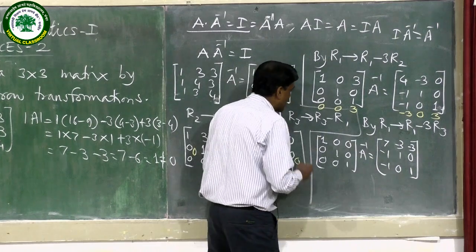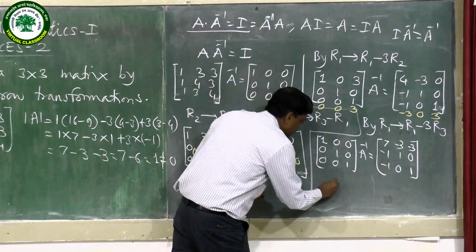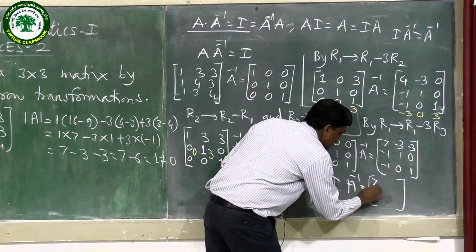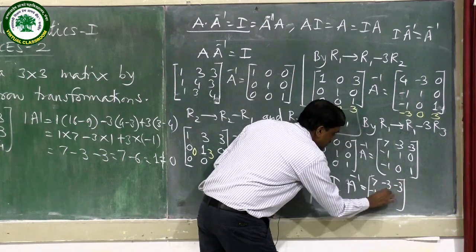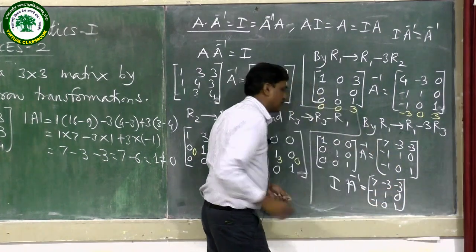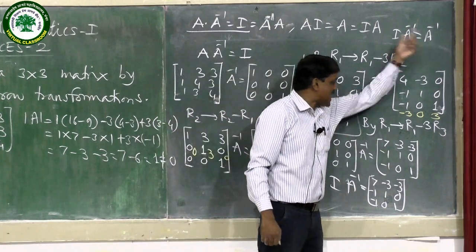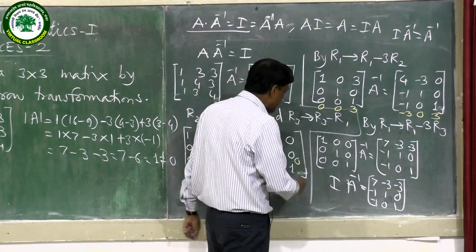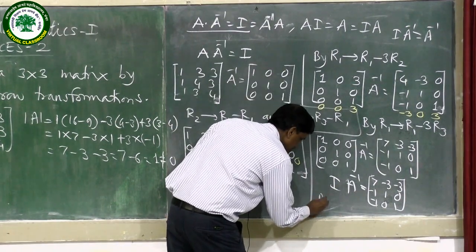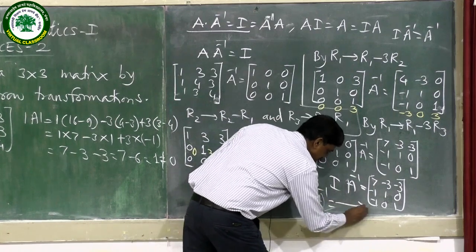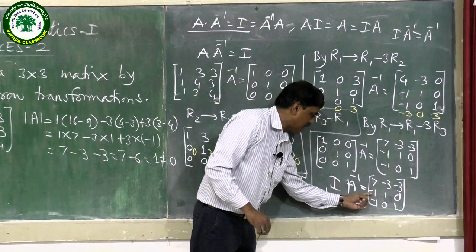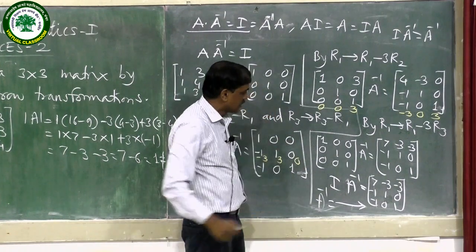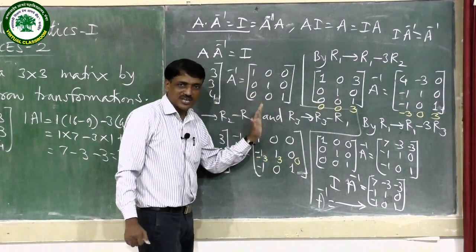We have got this matrix as I, so we convert the matrix A into I, so it is I into A inverse is equal to the matrix on the right side: 7 minus 3 minus 3, minus 1 1 0, minus 1 0 1. So what is I into A inverse? It is A inverse. So finally I into A inverse is equal to A inverse. Therefore A inverse is equal to the same matrix 7 minus 3 minus 3, minus 1 1 0, minus 1 0 1. So this is the inverse of the original matrix A, by using elementary row transformations.